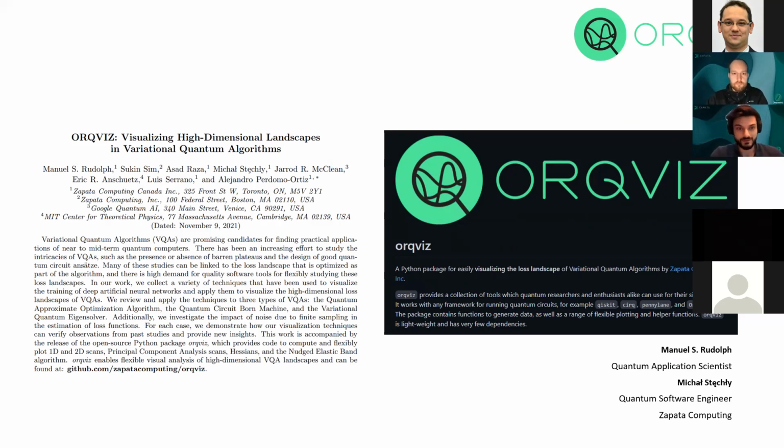The paper is called ORQVIZ, Visualizing High-Dimensional Landscapes in Variational Quantum Algorithms, and ORQVIZ is the open source Python library for visualizing high-dimensional landscapes. ORQVIZ gives you an open source toolbox. You can pip install it for a bunch of wrapper functions and also techniques which you can apply very seamlessly and easily